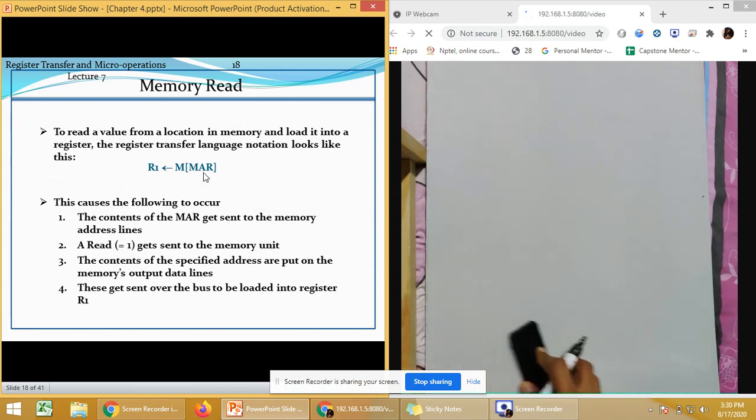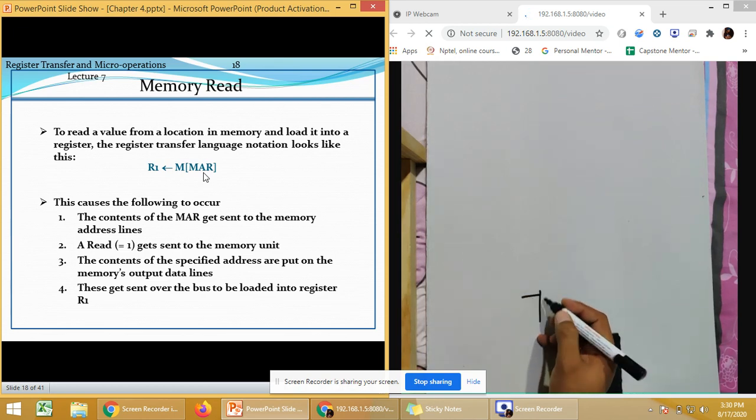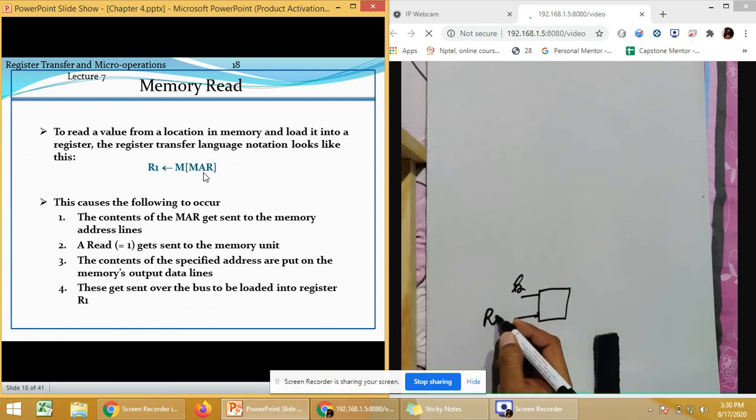So let us move to the next part. The contents of AR are sent to the memory address lines. The memory address lines are the number of address lines which the memory is going to have, which were represented by the unit K in the last slide. Okay, a read line is there. If you want to read the data from memory, then this line will become 1.